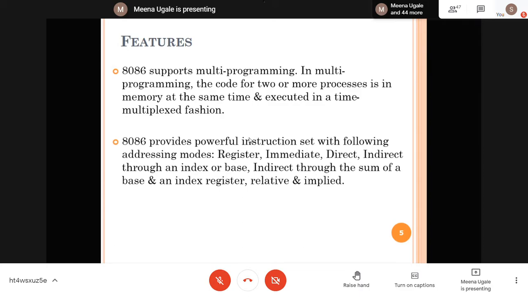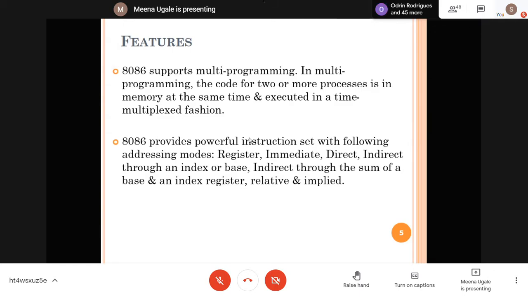The next very important feature is it provides you a powerful instruction set. Instruction set is needed to write various assembly language programs for 8086. So for that it is providing you a large instruction set, or number of instructions are available which can be written in various addressing modes. What is the meaning of addressing modes and everything? In the next lecture we are going to study that.